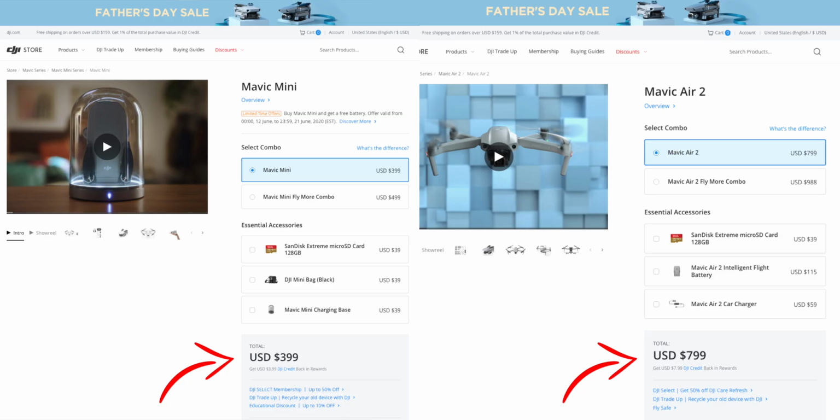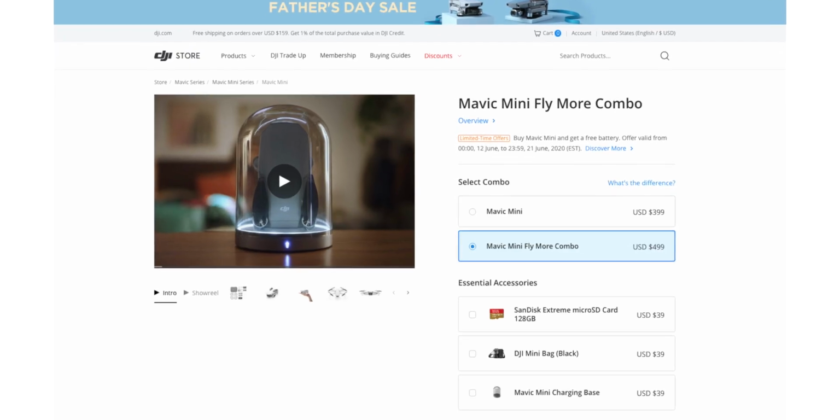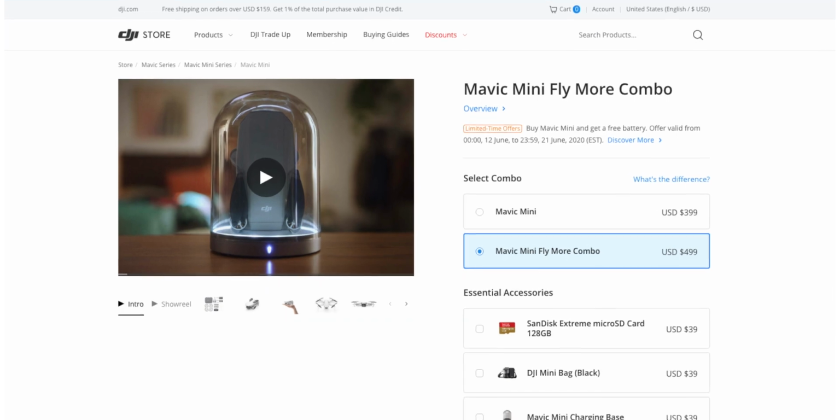Finally, I want to talk about the price of these drones, because here is where it gets interesting. The Mavic Mini is exactly half the price of the Mavic Air 2. And for that, many people are willing to compromise with everything I've said up until this point and go for the Mavic Mini. If you go for the Mavic Mini Fly More combo, you'll have to pay $100 more, but